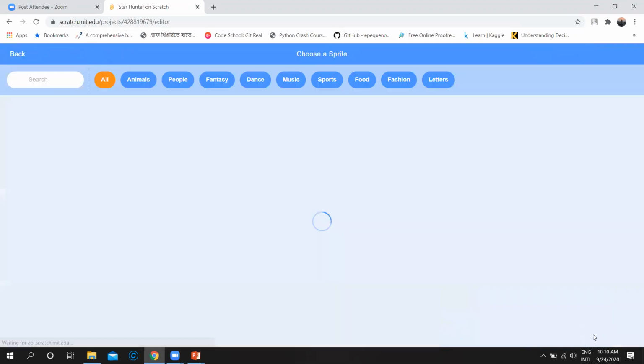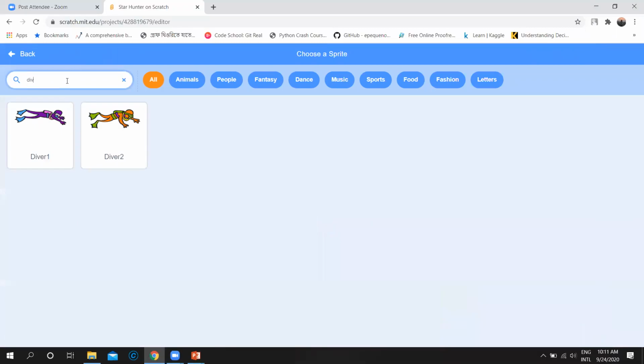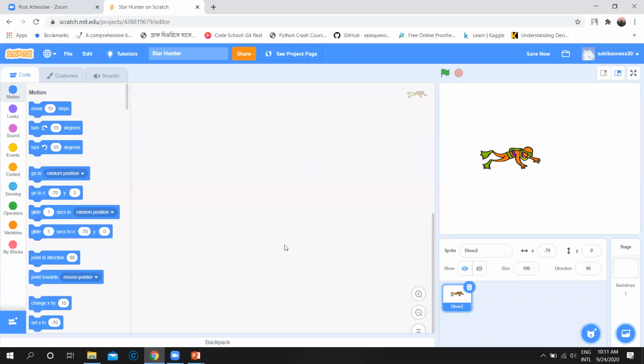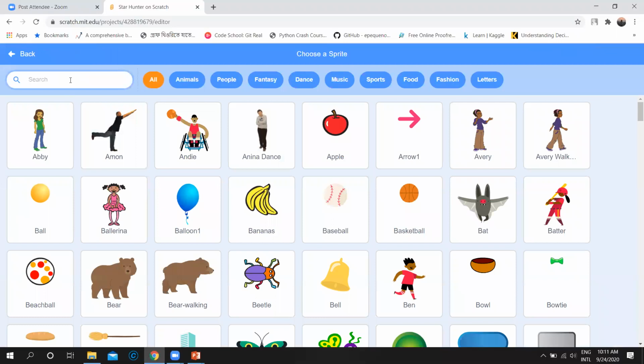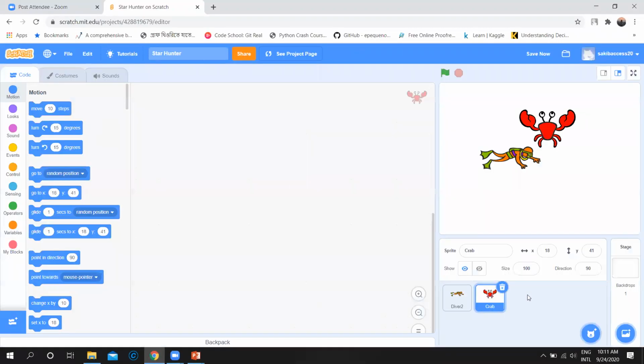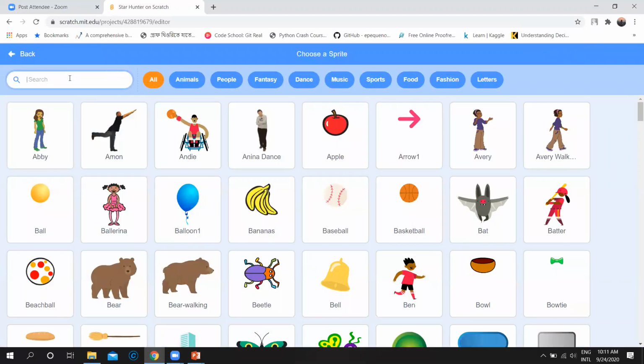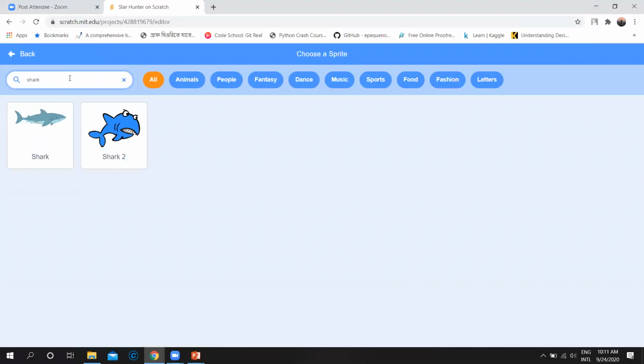I'm clicking here. First of all, I will look for diver, the second one. I will select this one, Diver 2. Then I will look for crab. See, I am adding many sprites. Again, I will add another sprite, like Shark 2.